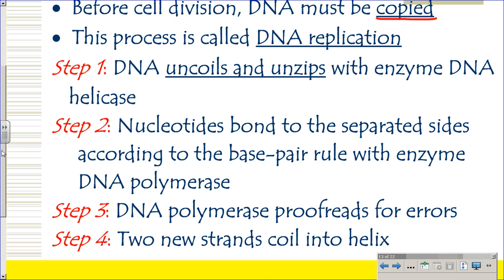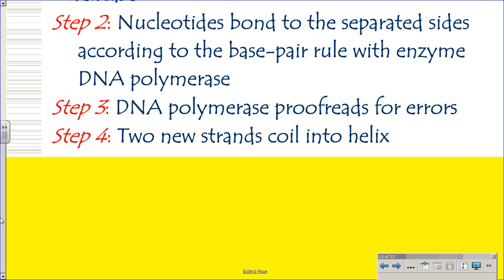And then step 3, there's a proofreading enzyme called DNA polymerase. It has to proofread because this stuff's happening in nanoseconds. The A's and the T's and the C's and G's are flying everywhere, base pairing with those 2 individual strands. What if they make a mistake? What have we just done to your DNA? There's an M word for that. Mutated it. Okay, we have mutated it.